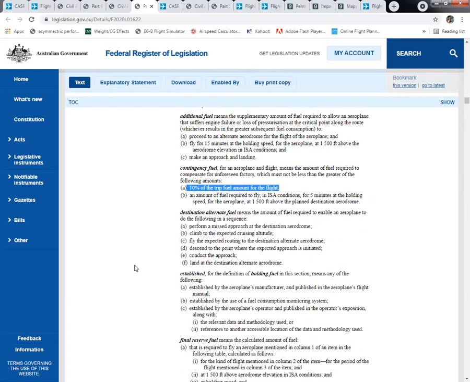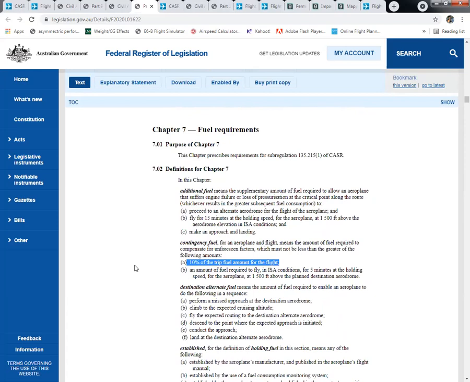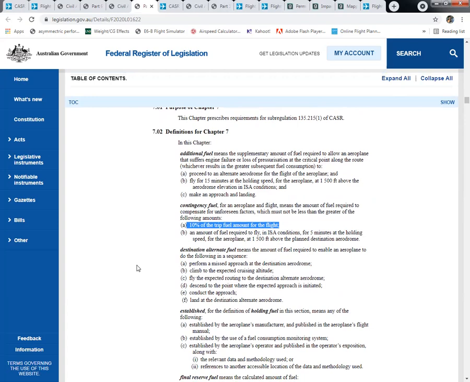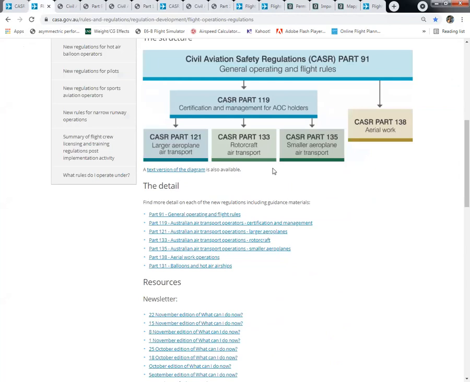So there is a specific fuel cap for what would have been charter and RPT, but it's now simply air transport operations. So there's some changes like that that we'll have to take a little bit of time getting used to. But for air law, when you're not actually doing fuel computations, it's less critical. So you can see then Part 91 is the general operating rules that everyone has to operate within. And Part 91 has a MOS, which is where most of the CAOs ended up. Related to 91 is 119, which you don't have access to for any of the exams, which is really AOC holders.